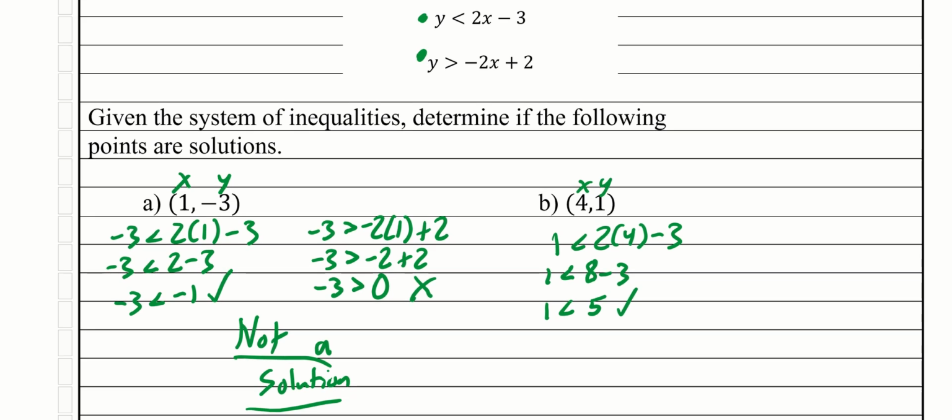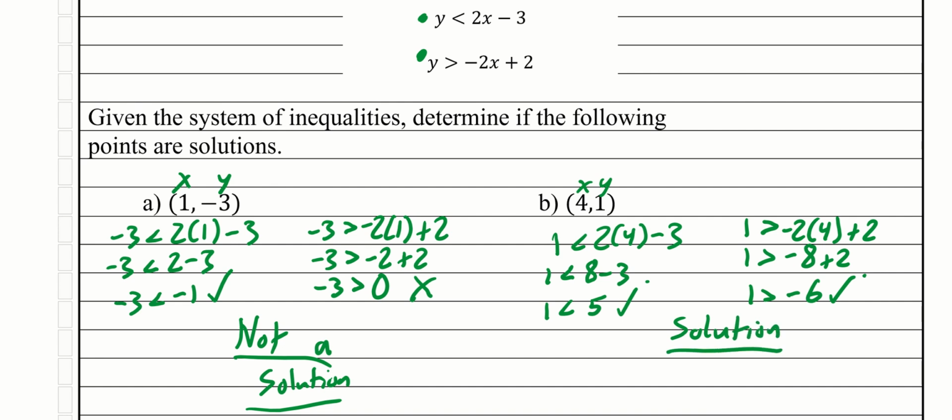Now I'm going to check the second one. So plugging in 1 for y again. So 1 is greater than negative 2 times 4 plus 2. Let's check this one as well. 1 is greater than negative 2 times 4 is negative 8 plus 2. So 1 is greater than negative 8 plus 2, which is negative 6. So same question, is 1 greater than negative 6? It is. So since it works for the first and it works for the second, this point right here would